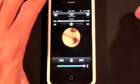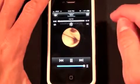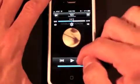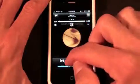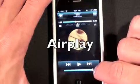You can hear it's playing right now on my computer. And I can scrub it, pause it, skip to next track, shuffle, Genius, and more. We can't talk about the remote without talking about AirPlay, and AirPlay is down here,